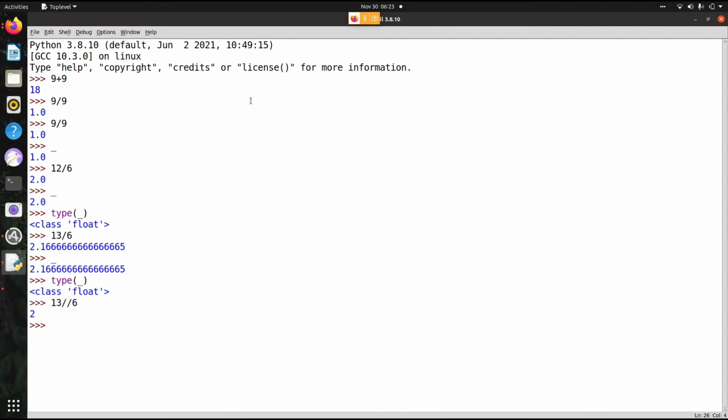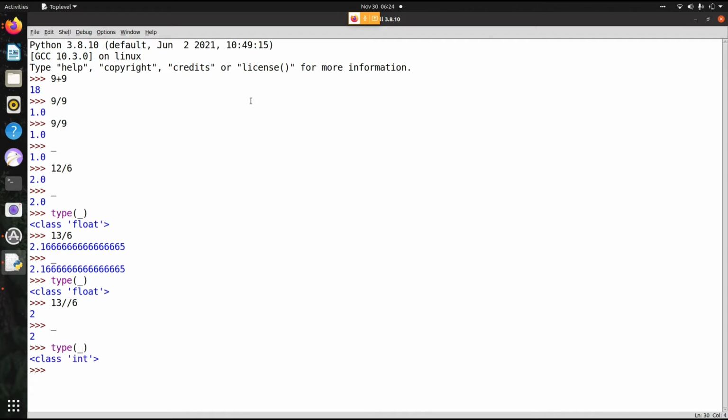You don't see the decimal point after that. You don't have the decimal precision. The reason is when you give // 6, I mean 2 times slash, it is internally converting the output you are getting to an integer. Now my previous result is in underscore. Let's check the type of the previous result.